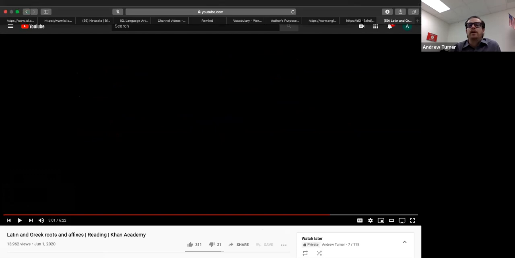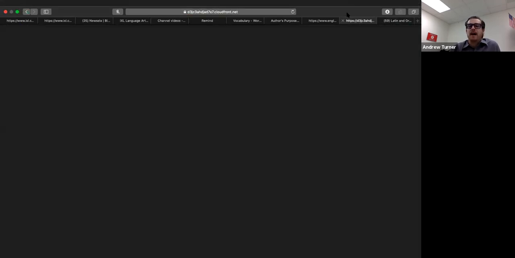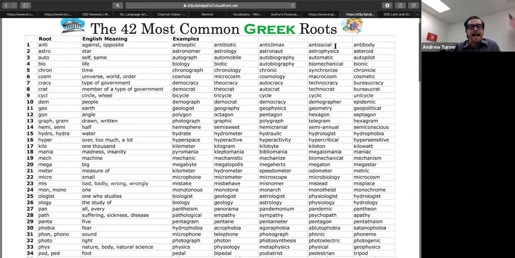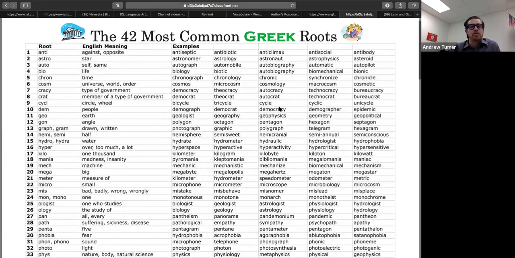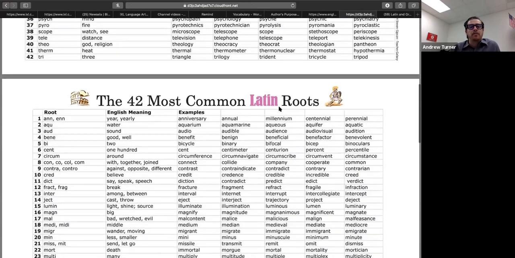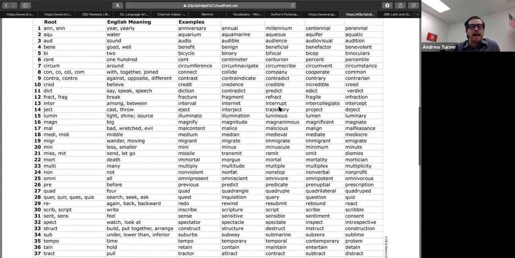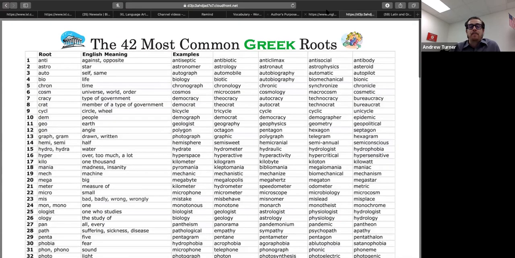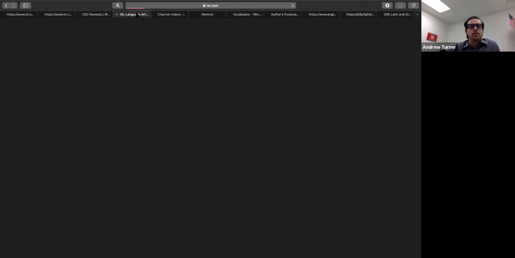All right, real quick. You guys have this document, I hope. I will send this again. This is the 42 most common Greek roots and 42 most common Latin roots. So 84 parts of words there, or roots, that will help you out. So let's look real quick at,